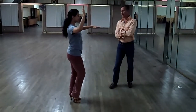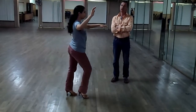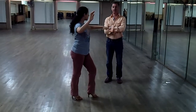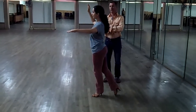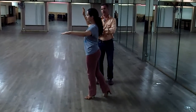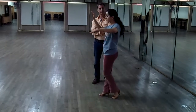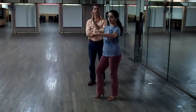So we have, and step 1, no turn. Step 2, no turn. Step 3, no turn. Step 4 is going to be a half a turn to the left. That's 4. Okay? Now, step 5 is no turn. And step 6 is no turn. Okay? So that's the ladies' part of the